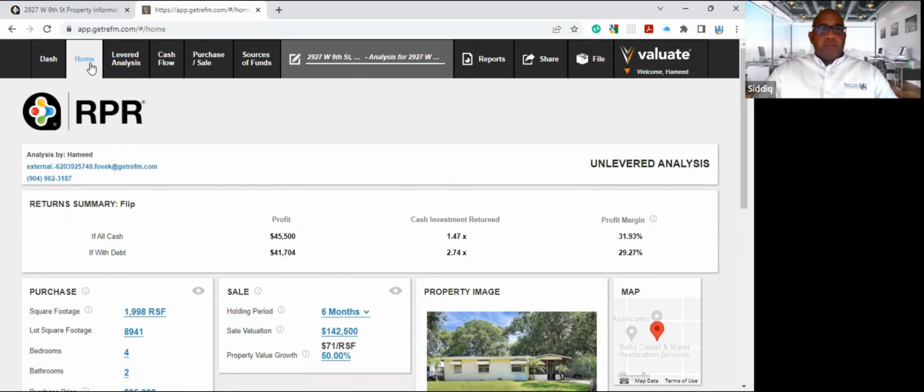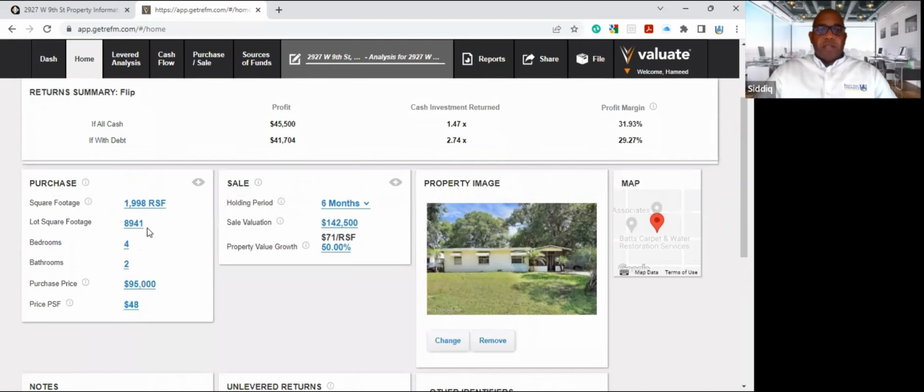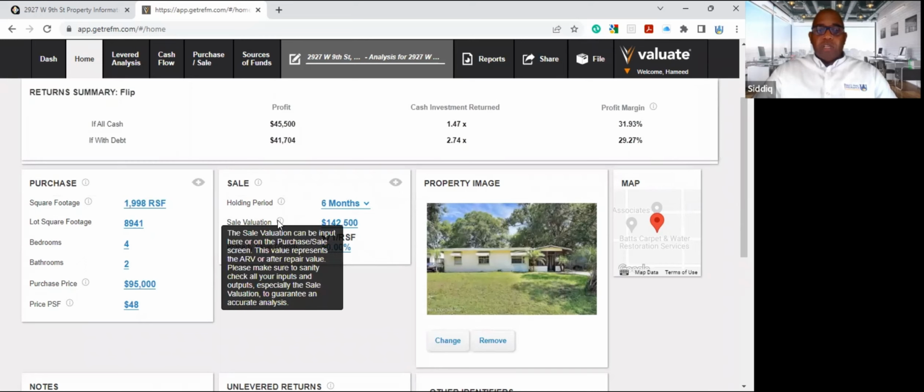We're on the home screen. And then what you want to do on the home screen, you want to focus on the purchase side and the sales side. So on the purchase side, everything is in place that we need. The purchase price, $95,000. On the sales side, what we need to do, we need to change one thing here,